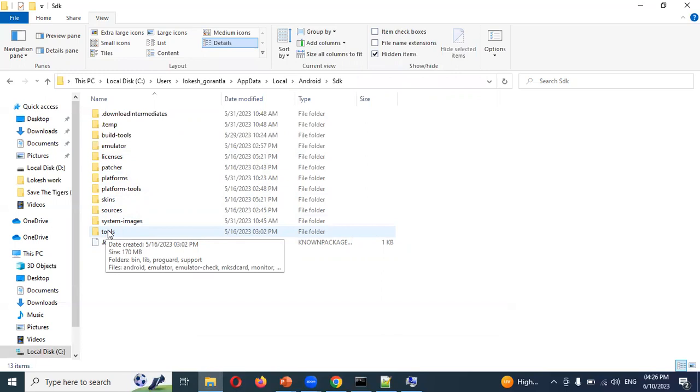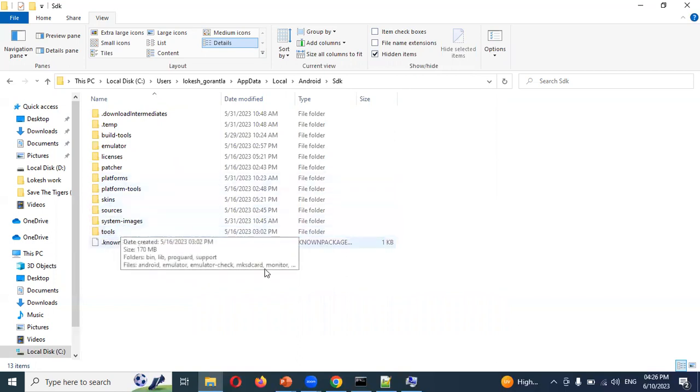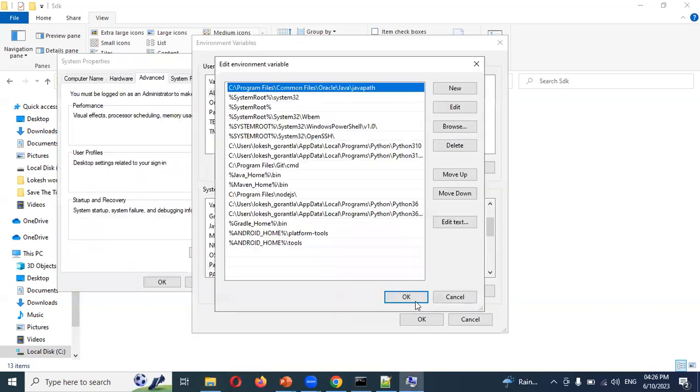Without creating the project, if you come to this location, you will not see these tools. That's why I told you at the starting time to create the project. Just add platforms and tools, both the things, in this environment location and click on